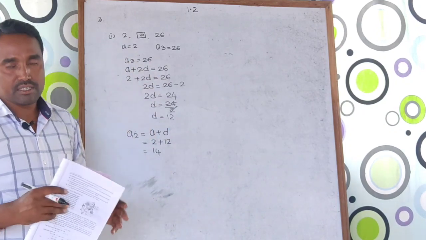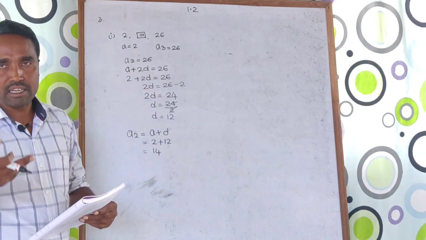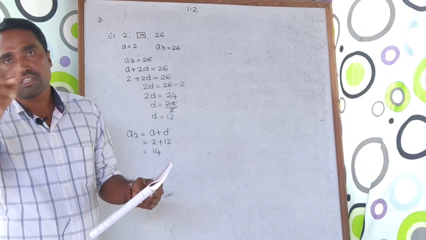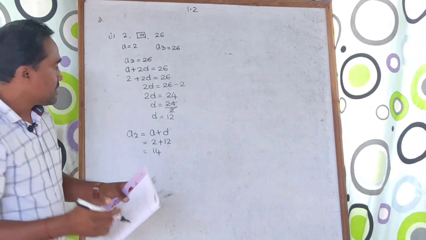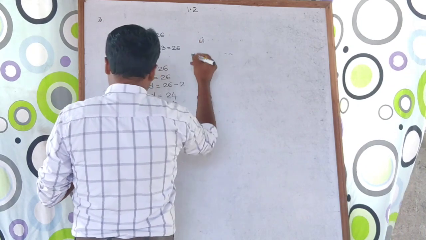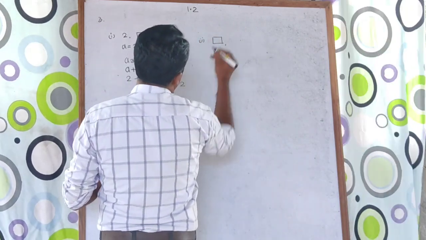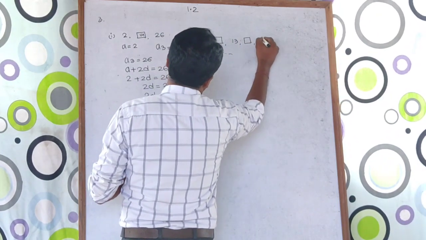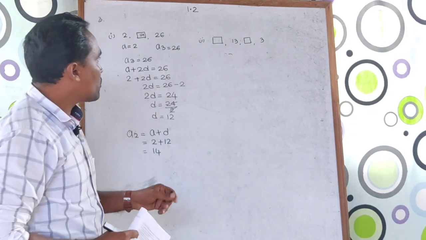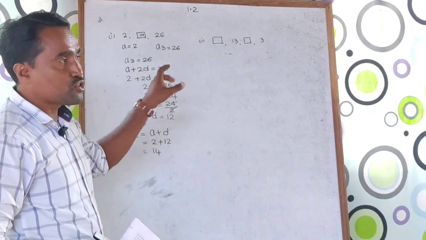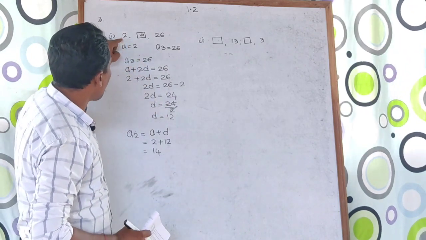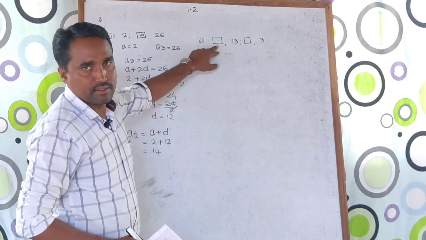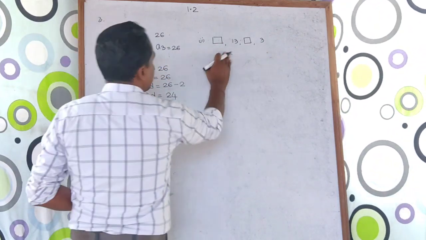So we have two kinds of boxes. If you see your textbook very carefully, the first kind is where the first term is given and also the last term is given. But look at the second question. Here the first box is itself blank. We need to fill the first box. Then it is given 13, then another box, then finally 3 is given. To find the missing terms of the two boxes, we need the difference. Here, in the earlier question we already knew the first term, that is A, but in this question we do not know what A is. That is the important fact. Okay, anyway we can do it.